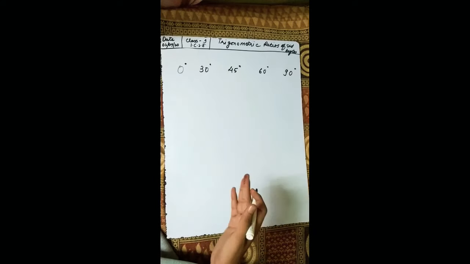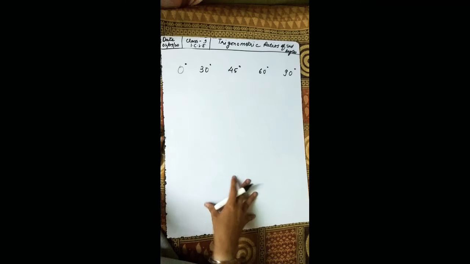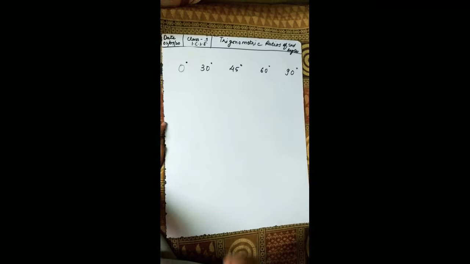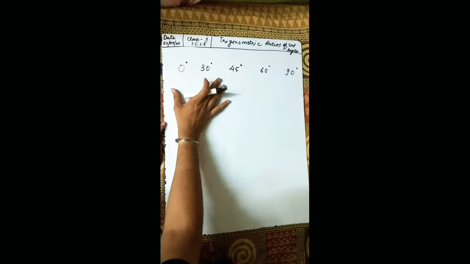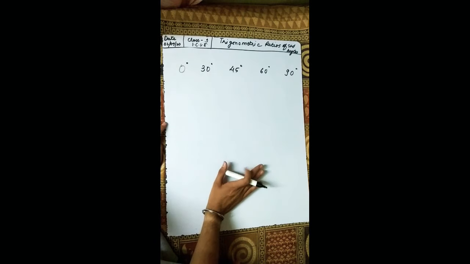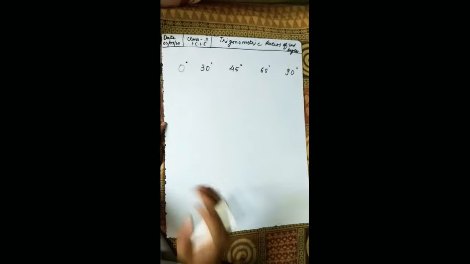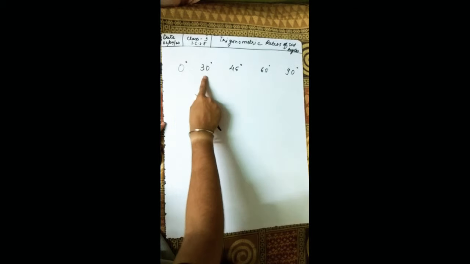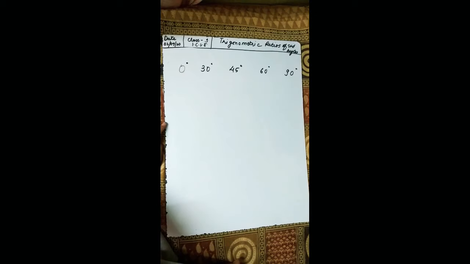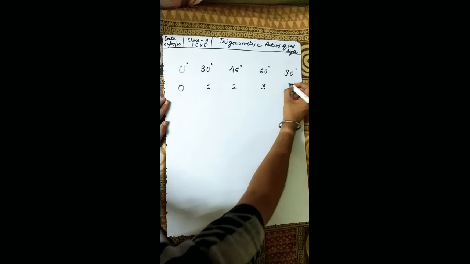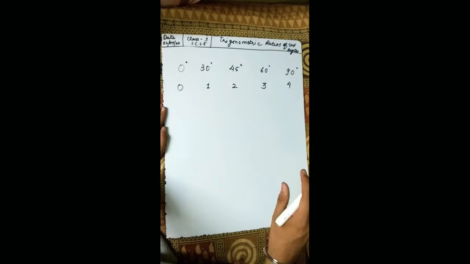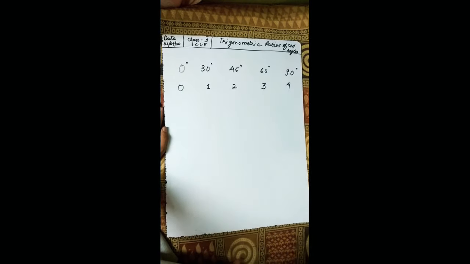So I'm directly coming to the main point which we have to emphasize. I'm giving you a very short and very good trick to obtain the value chart, or the ratio chart, of these particular trigonometric functions. First of all, you need to write 0 degree, 30, 45, 60 and 90. Now write the counting from 0 to 4 under these, I mean 0, 1, 2, 3, 4. After writing this counting, you divide all these numbers by 4.